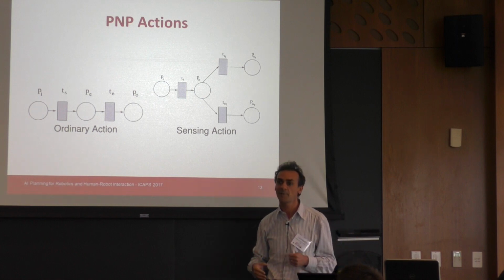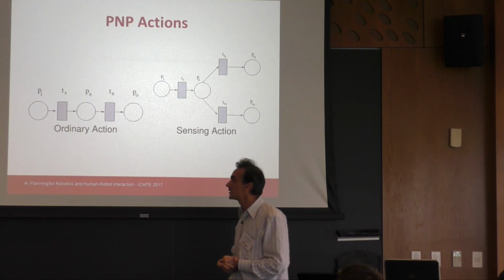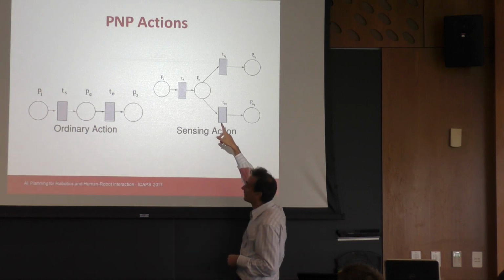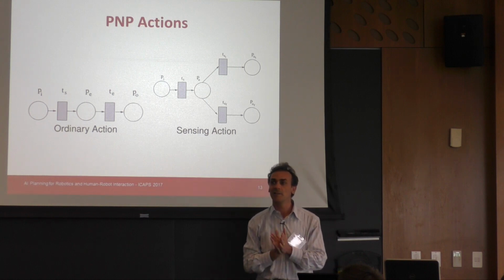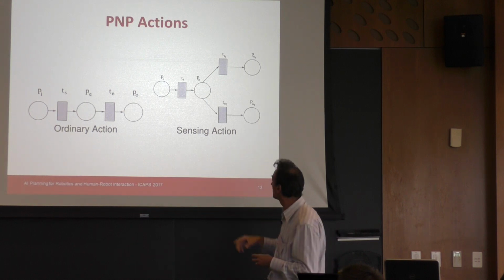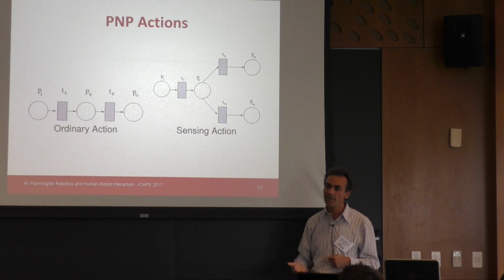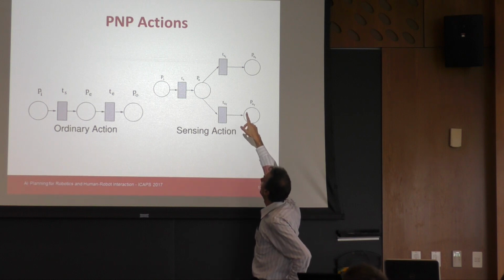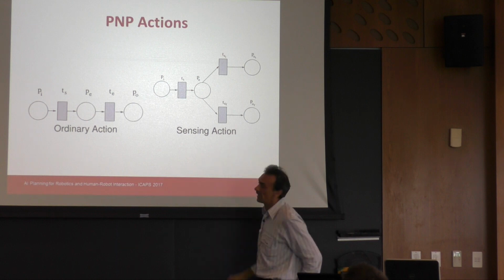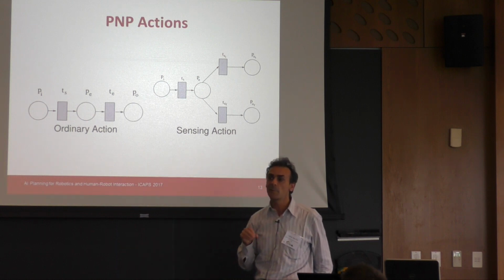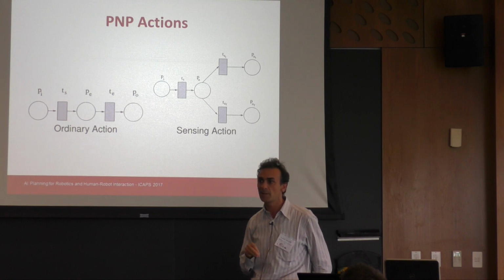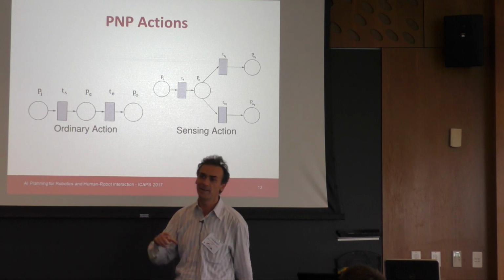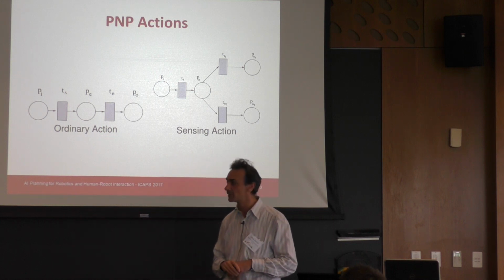Well, a sensing action is similar, since we are sensing a property. This is a case of binary sensing, but of course it can be extended to non-binary terms. Then you have the execution action. At some point, you have a branch, because the flow of execution will depend on the actual value of the sensing. And here we have these two conditions, the T and the T-F. We assume that these conditions are mutually exclusive. They must be, because otherwise both transitions may fire and then you will execute both the branches, which is not what we want.